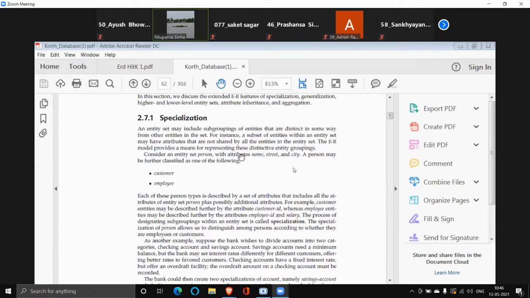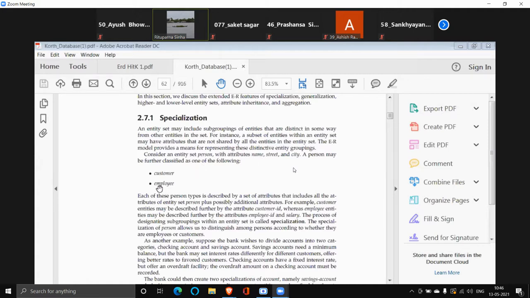So if name is the primary key of the person table, then I will attach name also in the customer table. So customer table will have two attributes. What are the two attributes? One is customer ID and another one is name, which was the primary key of the person table.